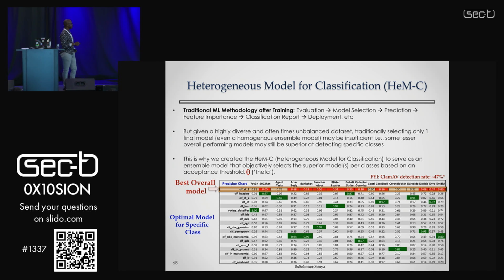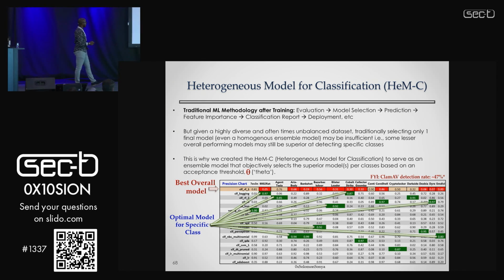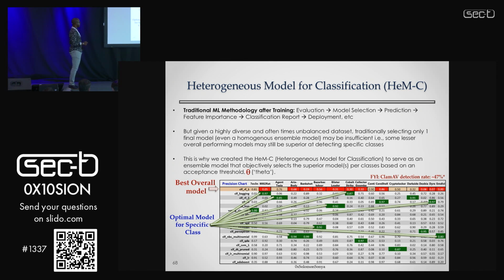So here we're seeing how each model performed, and this is the overall evaluation score for each model. At the top, your general process is we look at multiple models, you select the best model, you move those forward, but we can be better. I'm showing here that if we know how to pry inside the performance of each model, we can now use the entire model space to help us identify the best classification moving forward.